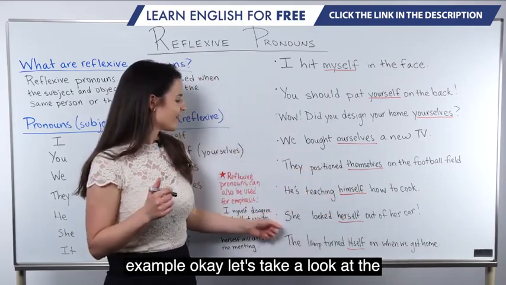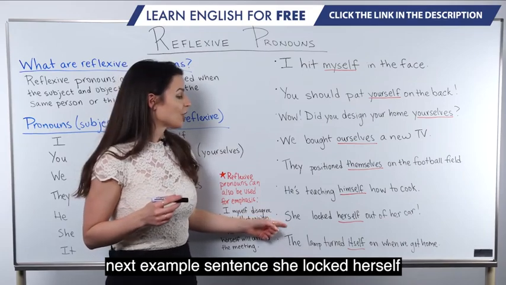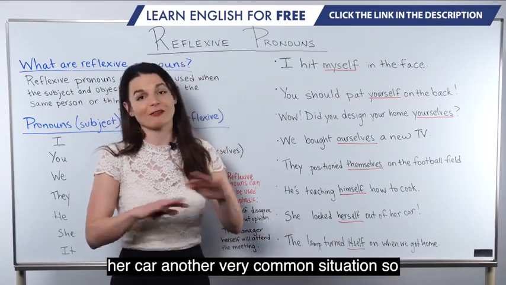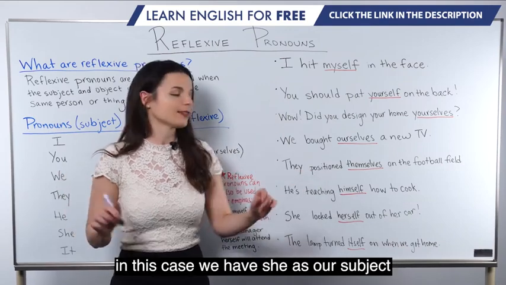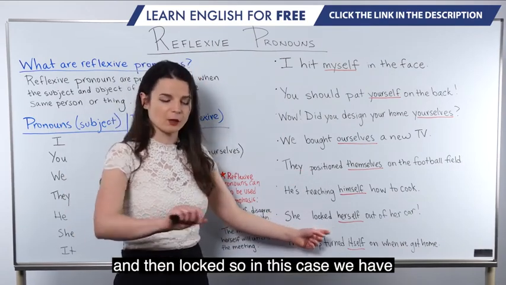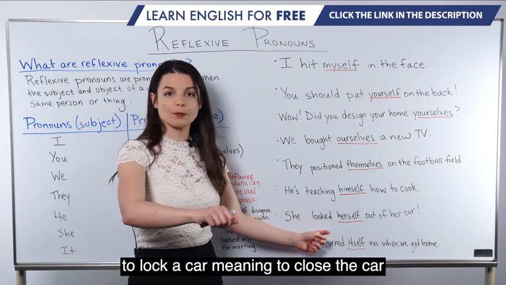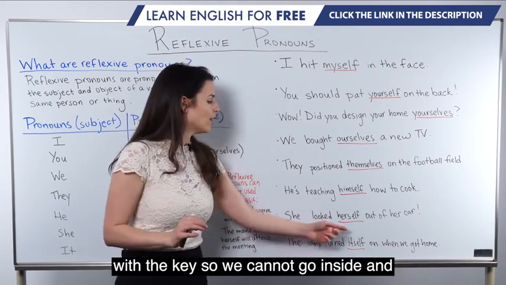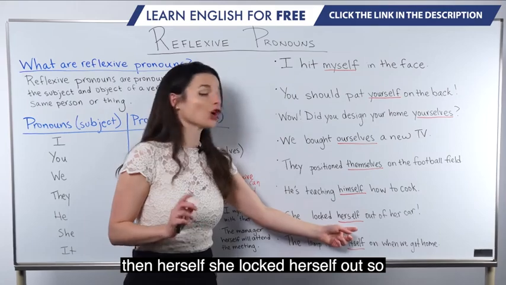Okay, let's take a look at the next example sentence. She locked herself out of her car. Another very common situation. So in this case, we have she as our subject, and then locked. So in this case, we have to lock a car, meaning to close the car with the key. So we cannot go inside. And then herself. She locked herself